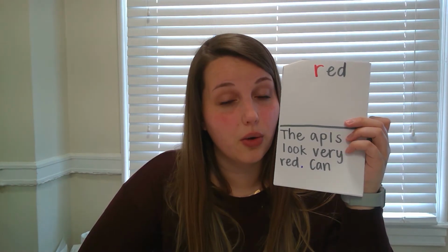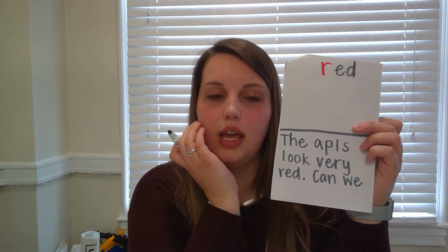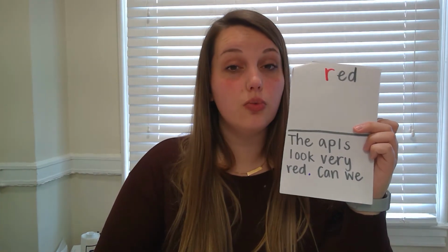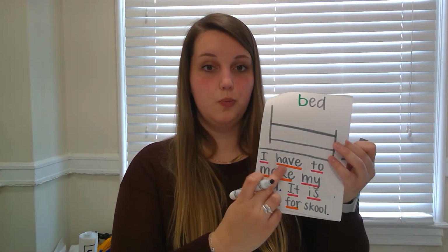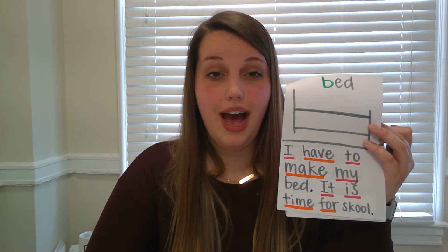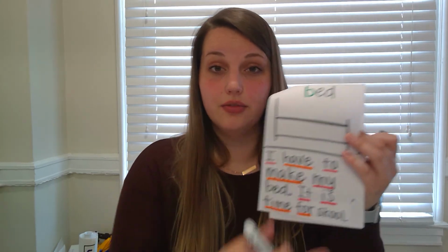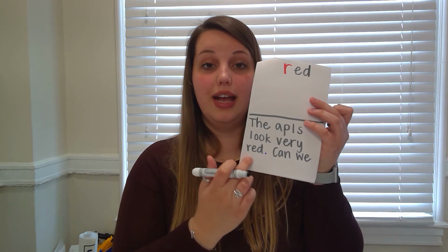Next word is also a kindergarten word. We. Right here. Can we, okay, our next two words are first grade words. This word, I don't think it was one of our words from yesterday. What is this word? We already wrote it yesterday. What was this first grade word? Have. We're writing that word again. Can we have